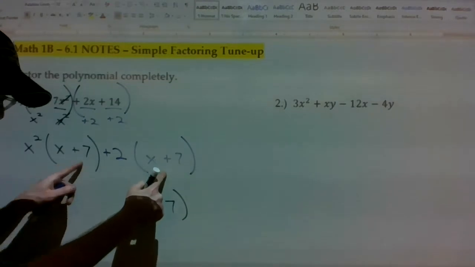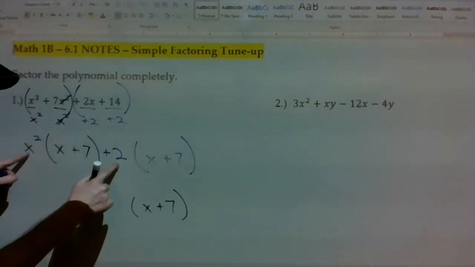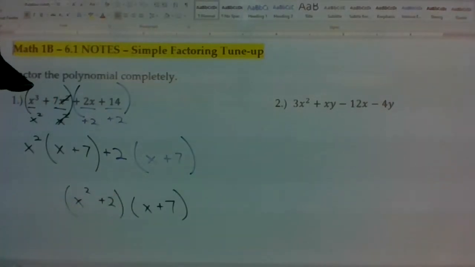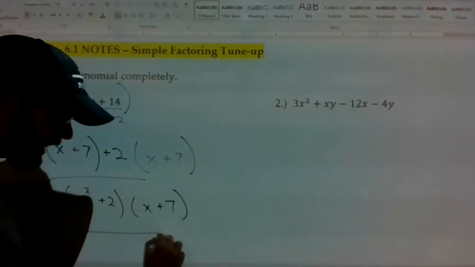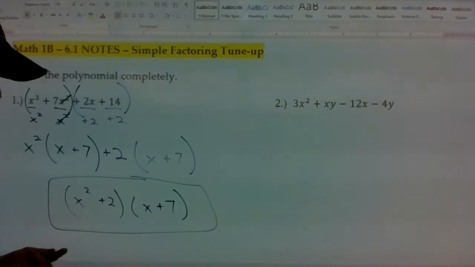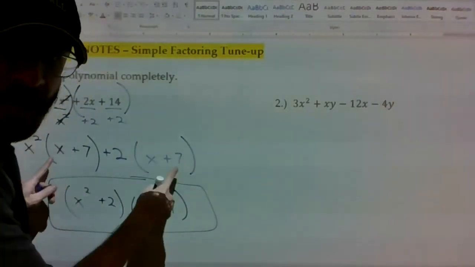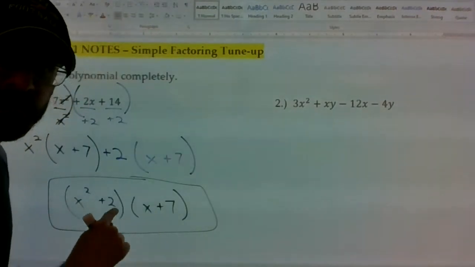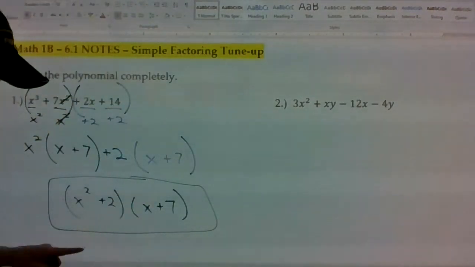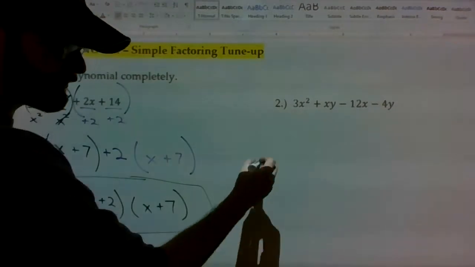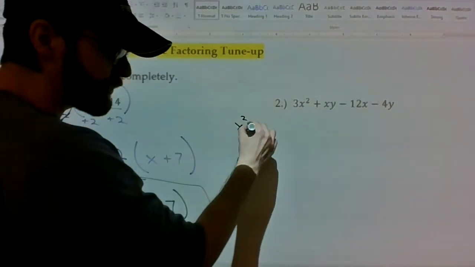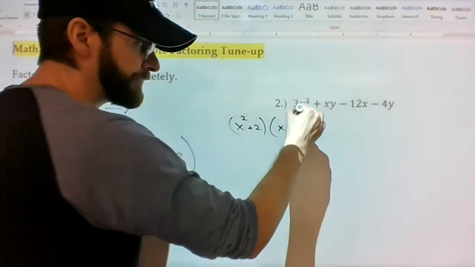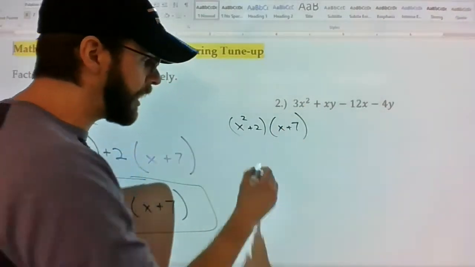the two leftover groups become 1, and the two GCFs that we had, x squared plus 2, become their own group. Now, that's it. It's factored now. If you've forgotten why this weird last move works, think about the previous chapter to factoring. The previous chapter stated, if I have x squared plus 2 times x plus 7, and they told me to expand the polynomial,